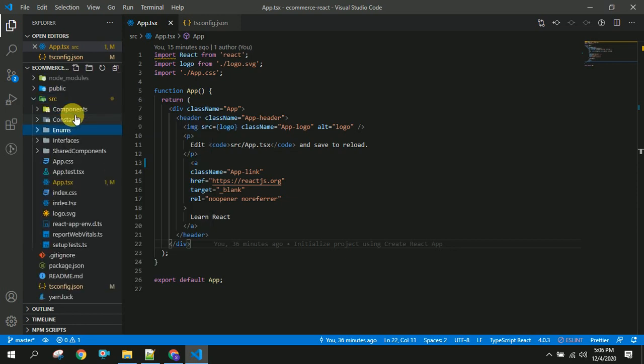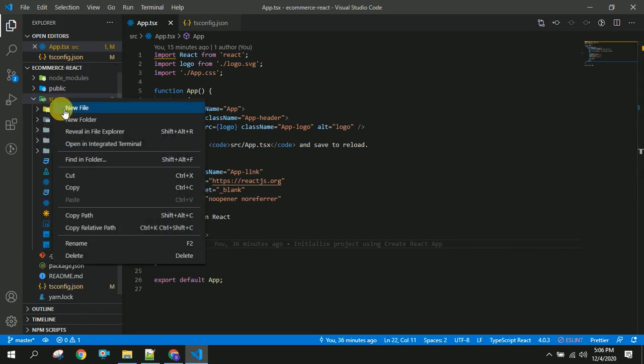So if you don't know how to create the enums, you can go back to my channel and watch the videos. I have explained that clearly how to create the enums. So if you are creating any if conditions, or if you are using switch cases, we can create an enums for particular variables, and we can use this in our component files directly.